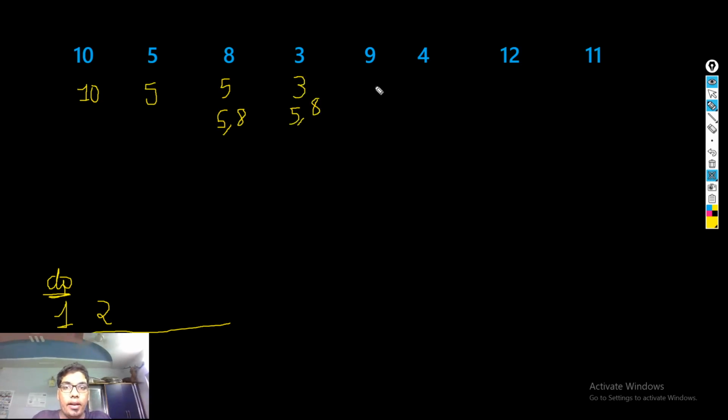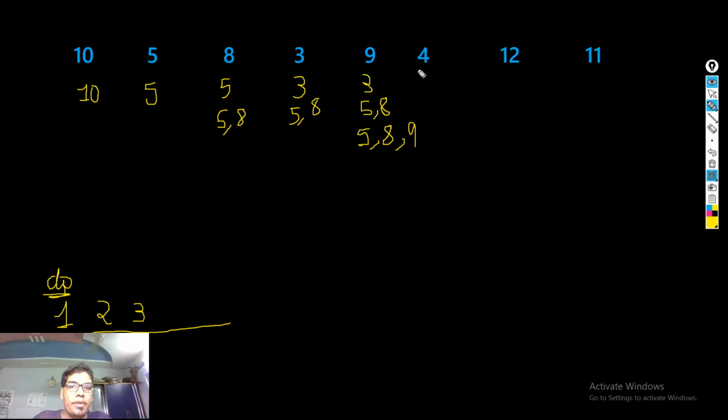Now we have 9, right? Now with 9, you could append 9 with 3, 9, but that is just a subsequence of 2, right? But if you append it here with 8, it is a subsequence of 3. So you'd want to append it to the maximum previous subsequence. So this is 3. Now we cannot discard just 5 and 8, because we could have a better subsequence with just 5 and 8 maybe in the future. So 3, 5, 8, and now you have another one, which is 5, 8 and 9, right? And we have this DP array of subsequence length starting with 3, and it ends with this number 9.